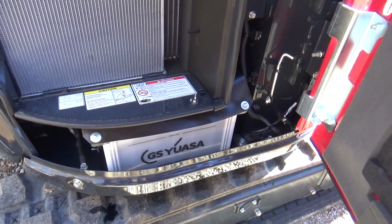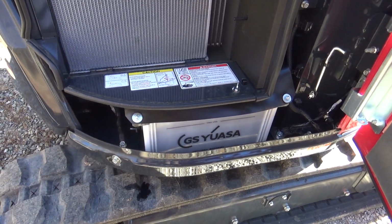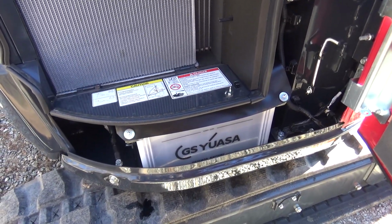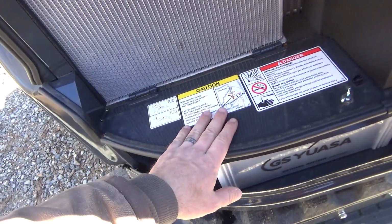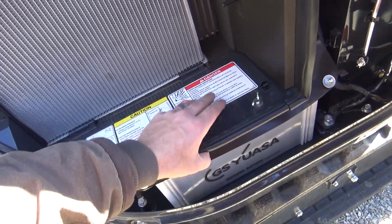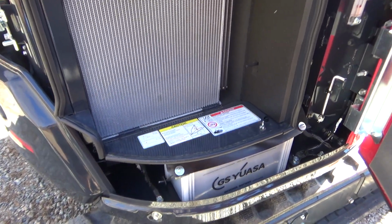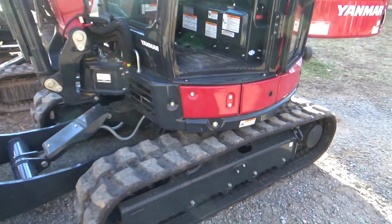Battery, I would say, is a little bit more difficult than this one. Of course, I haven't tried either one of these out. Just from looking at it, it looks that way. Who knows? This might be real easy. At least it gives you instructions. It does look hinged, so it actually might not be more difficult. I'd say they're probably about the same then, just looking at that. The big deal is